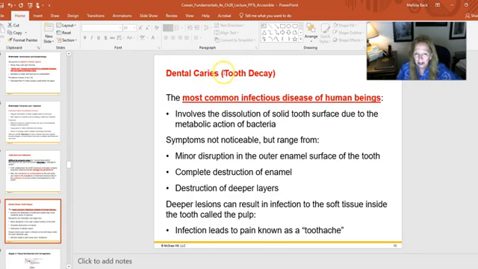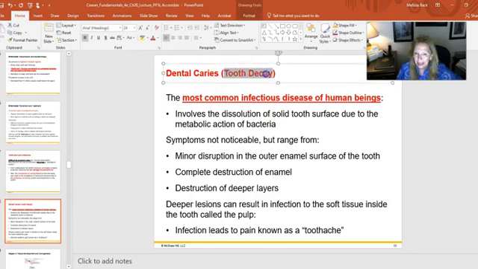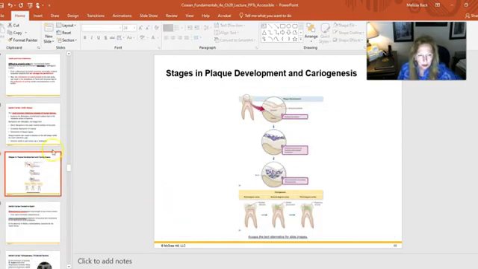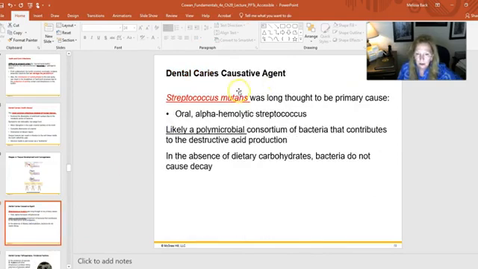So dental caries, which is what we call tooth decay. So cavities, the medical term for cavities is dental caries. This is the most common infectious disease in human beings. It is typically caused from a bacterium known as Streptococcus mutans. I'm sure that's in the next slide or two. But Streptococcus mutans. So it is usually caused from this particular